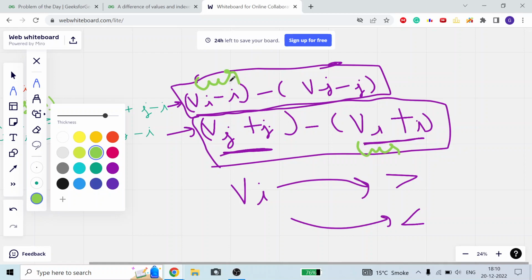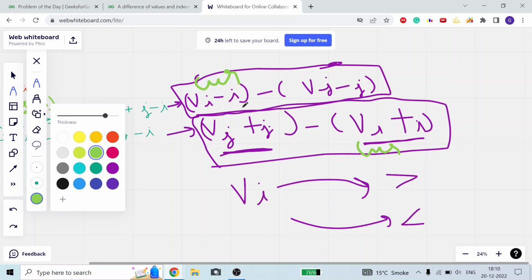But for a current value, I want this equation to be maximum. So this is my current, and vi minus I will be fixed, because vi is fixed and I is fixed. Both are constants, so the expression will also be fixed. Now this is minus.